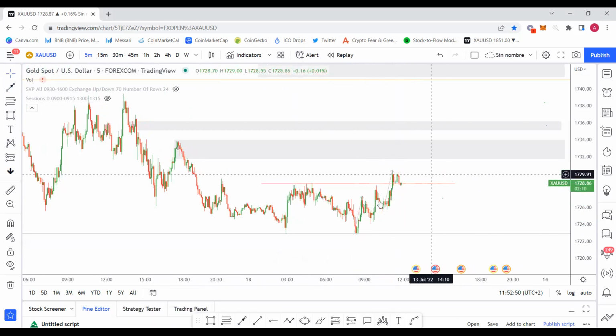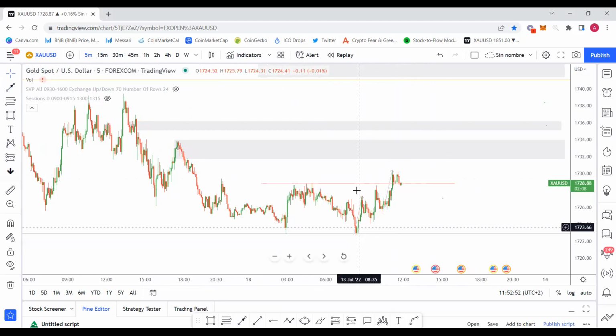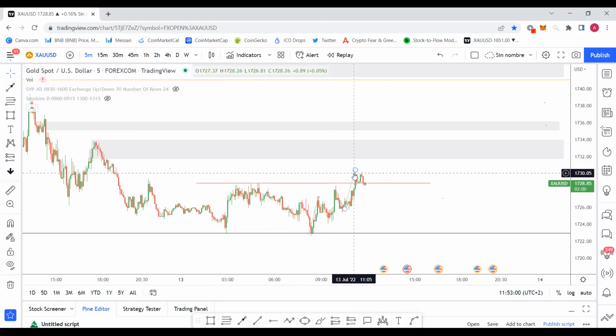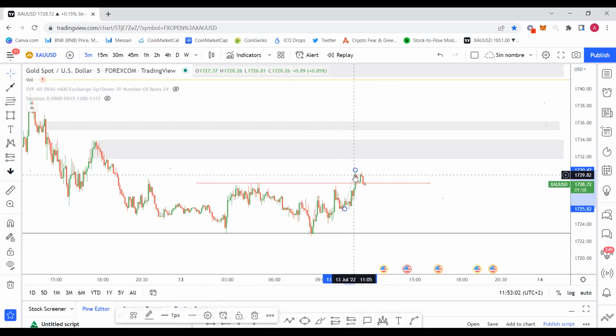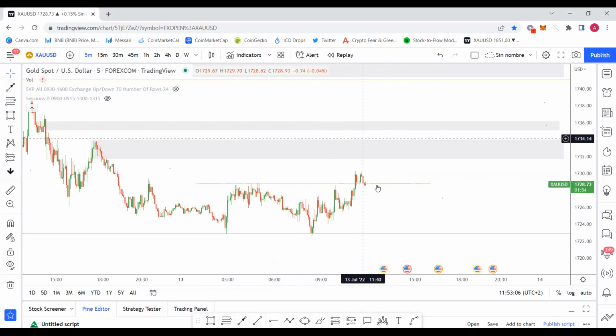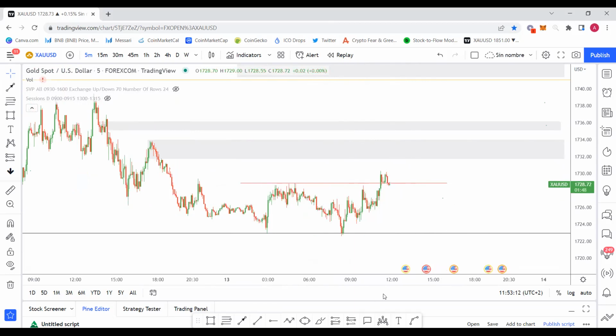Something like this. You see, it has already met the objectives for the people that were trading this head and shoulders pattern. It has already met their objective, okay? They will already be taking profits, okay? So yeah, hopefully it keeps on going up. But the people that were trading this pattern, the professional ones, will already be taking their profits, okay?